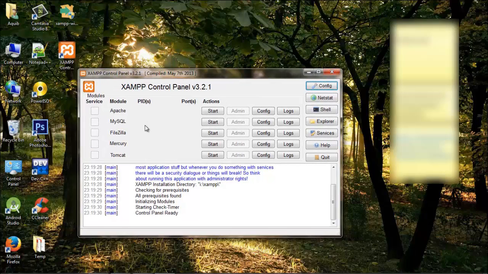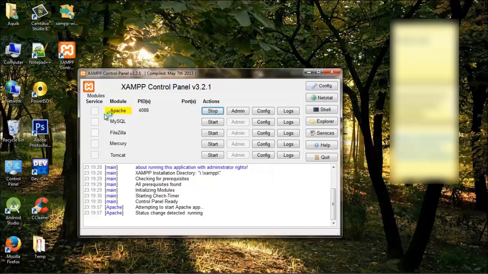So for the basic programs, the Apache module is enough. If you're dealing with file handling or background form processing, etc., then you might need these other modules. But as of now, we'll only deal with the Apache module. So let's go ahead and click on start. Now, as long as it is yellow, it means that the service is about to start, right? It is trying to start,